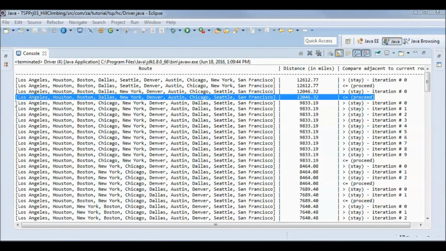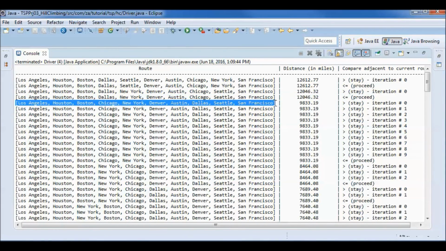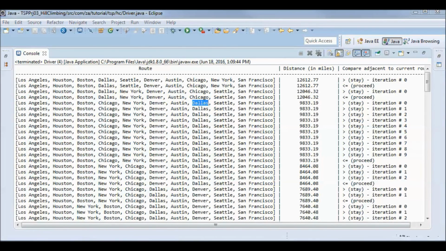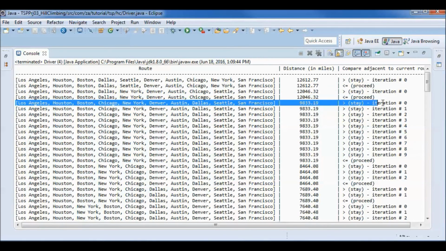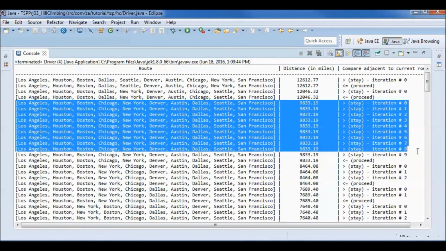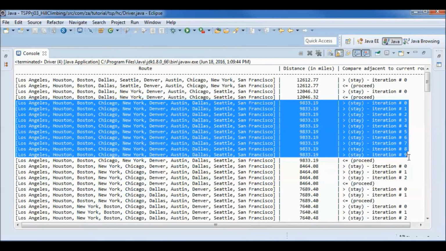And here we look at the adjacent route, and here we have Chicago and Dallas are flipped. So we proceed, and now we are here, and we stay for 10 iterations. So we did not reach 100 iterations.